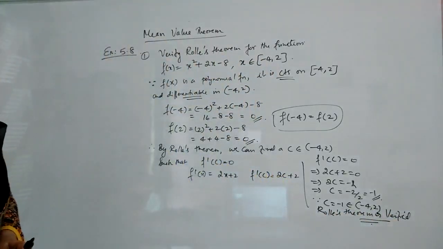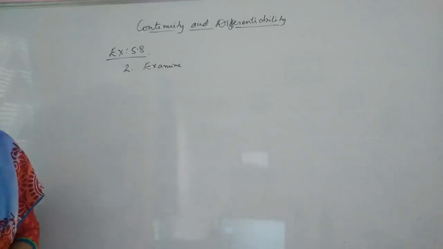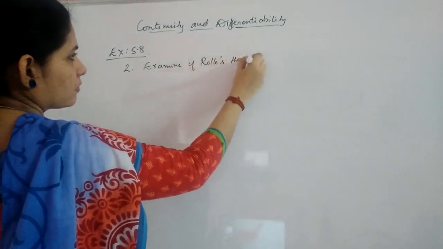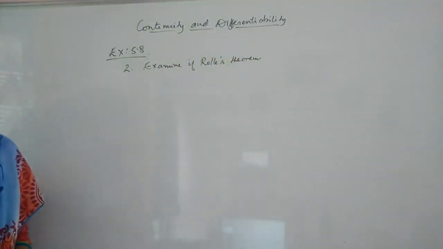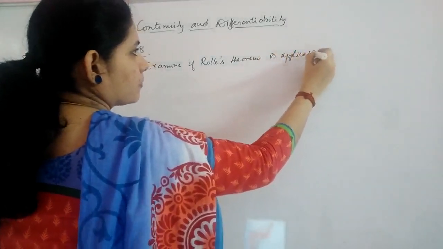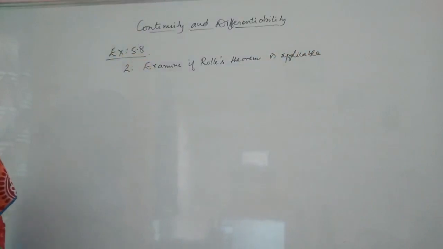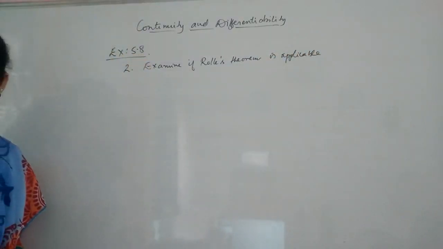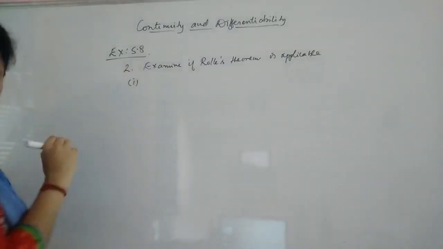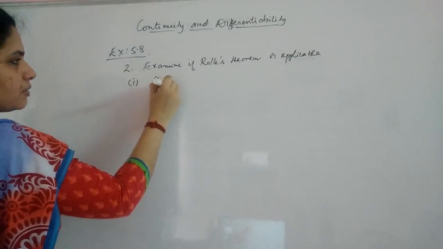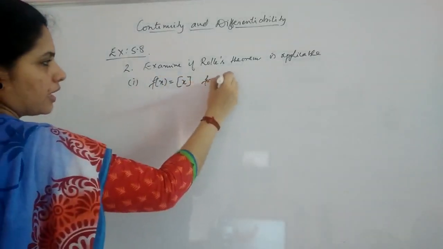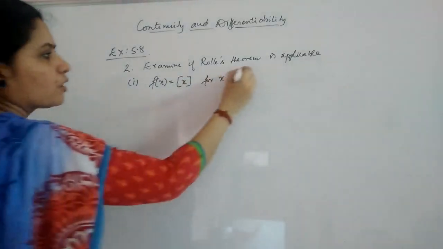Okay, clear? Examine if Rolle's theorem is applicable to any of the following functions. Can you say something about the converse of Rolle's theorem from these examples? So first subdivision is f of x is equal to greatest integer of x for x element of closed interval